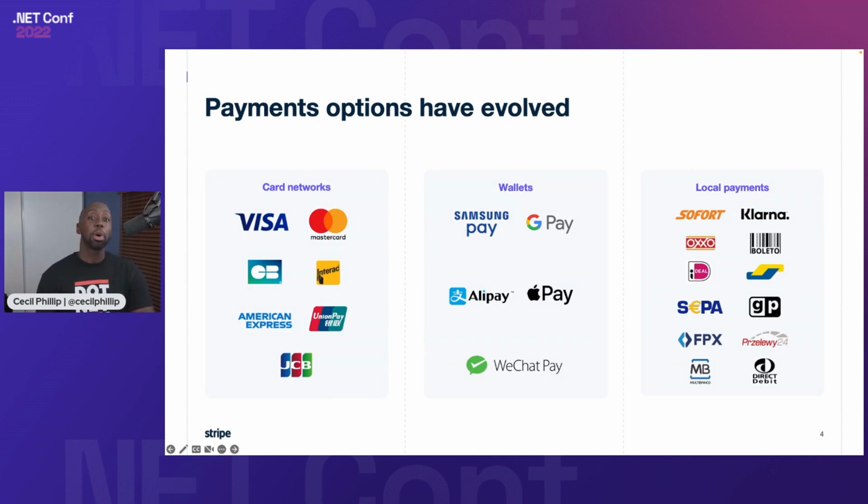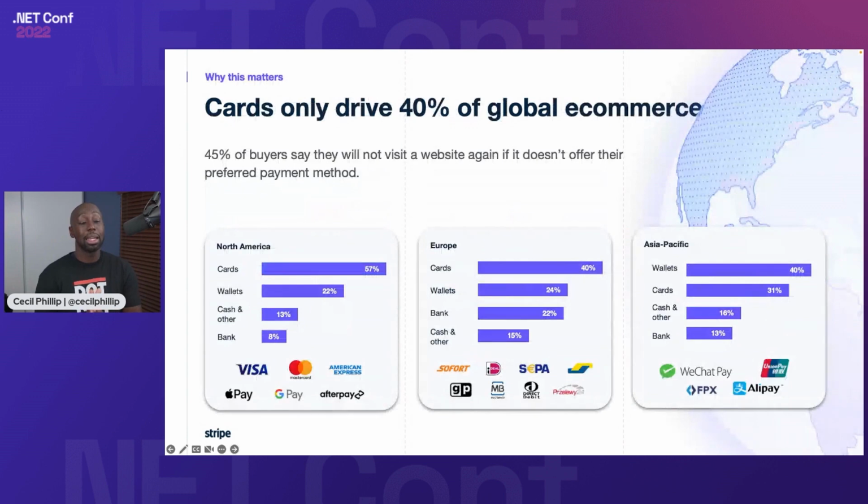And if we look at some other parts of the world as well, there are a lot of other interesting types of payment methods. We talk about things like Klarna or Boleto or direct debit, and some of these different options as well. So the fact of the matter is, there are so many different options for folks to accept payments, and we need to figure out where our customers are and what they need in order to pay us.